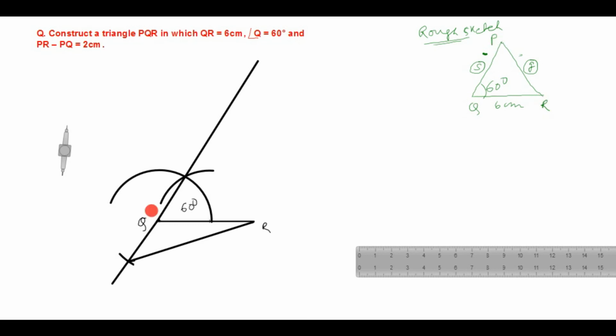So we got the point Q here, we got the point R here. Somewhere you will get the point P this side. So give a name other than PQR. Suppose the name of this we have taken as A. Okay, again the same condition, draw the perpendicular bisector of AR.